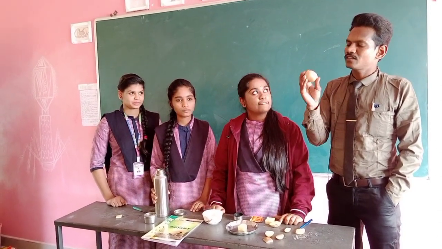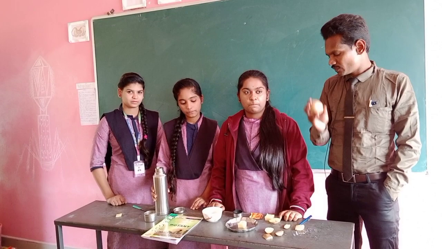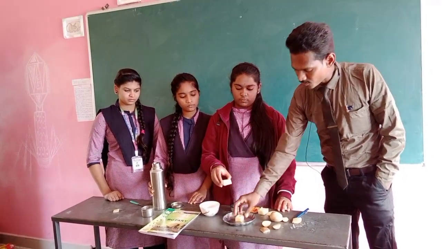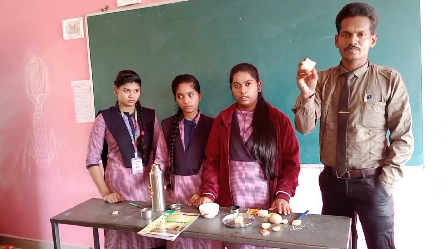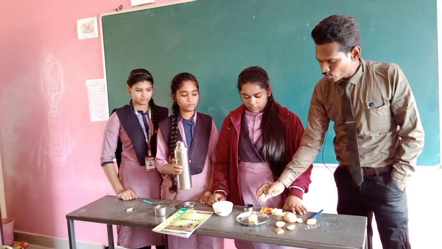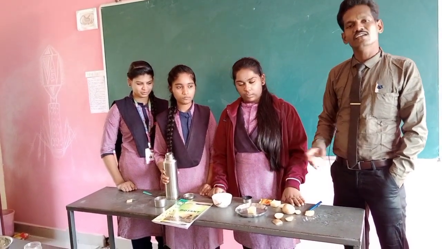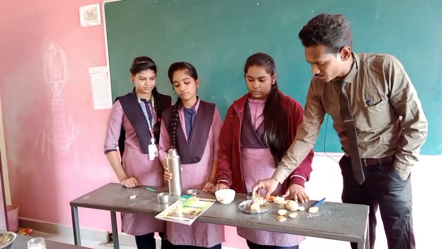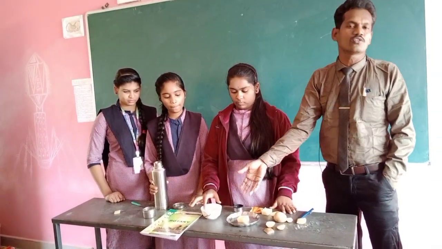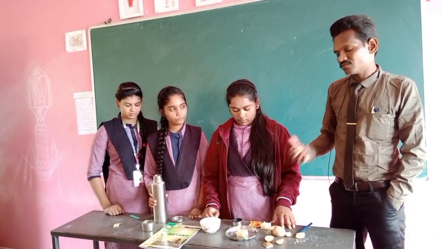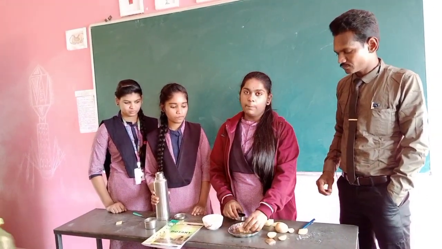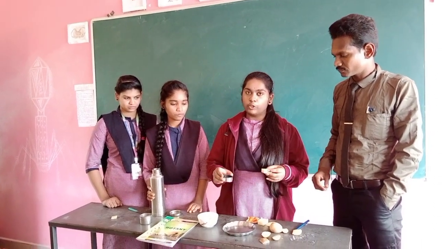So a medium sized potato should be cut into cube shape. In this cube again one small pit we have to create. Two such cubes have to be taken, and one cube is placed in a steel saucer and one more in another bowl. Instead of a petri dish we have taken these bowls. So now what do we have to do? Before placing the potato in the steel saucer,